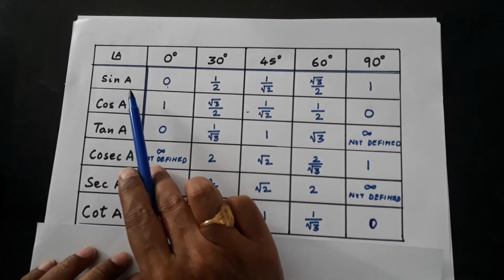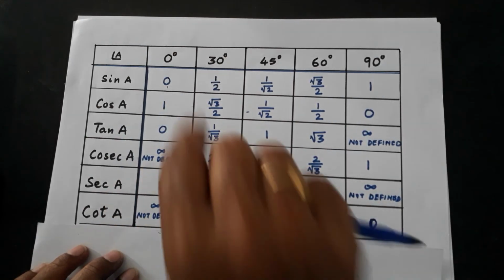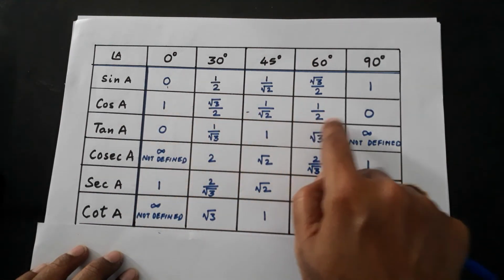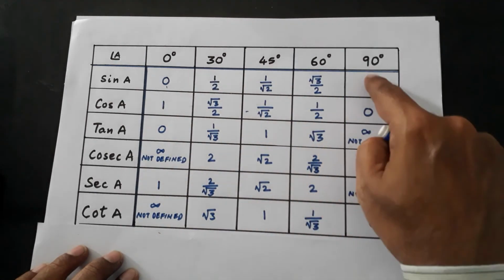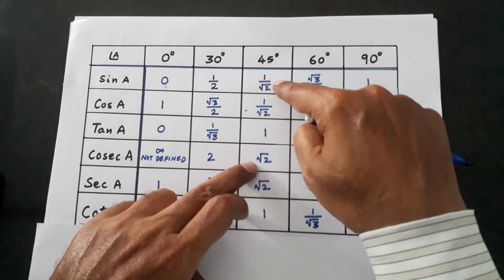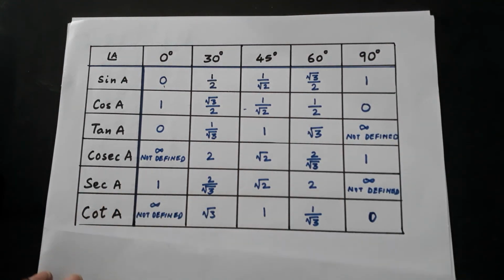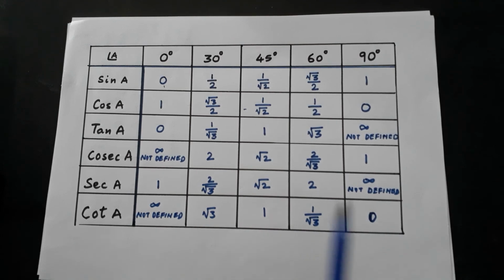So if you know sine, because cos is the complement of sine, you can write it in the reverse direction. Tan is sin by cos for each angle. Cosecant is 1 by sin for each one. Similarly secant and cot. Okay, you need to learn it by heart. If you learn this one by heart, you can get all the four. Try to learn the table by heart, because these values